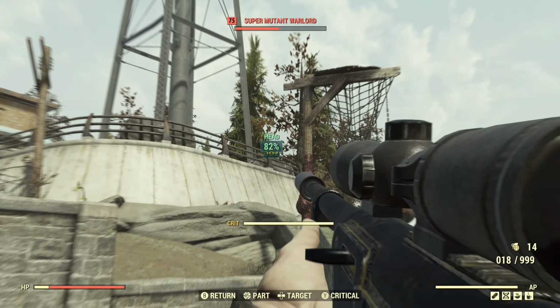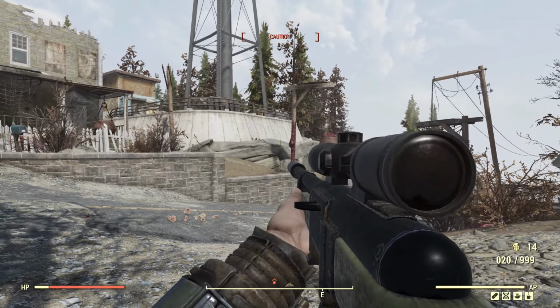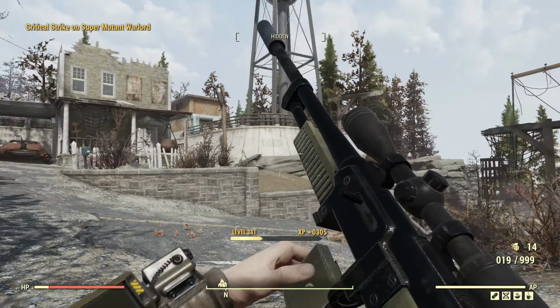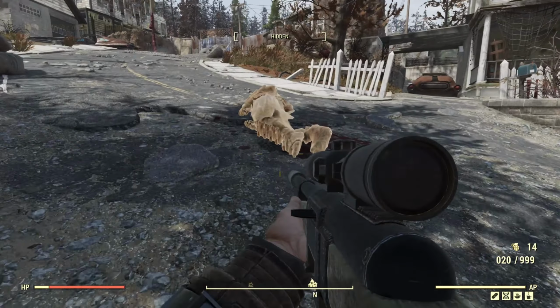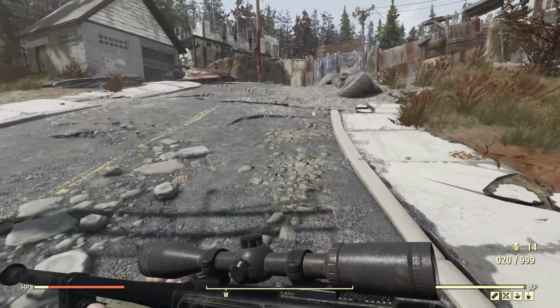Let's see. I didn't have a critical ready to go. And yeah, he was out of view. I did have a critical that time though. All right, taken care of. That is one of the differences between this and, say, the hunting rifle. Even on my full health character, I do more damage with a hunting rifle than I am doing with the Fixer on this. Now, it is a good one, but